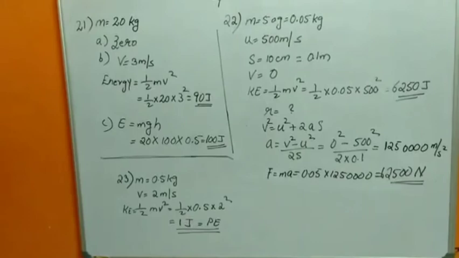Next question, number 21. How much energy is gained by a box of mass 20 kilogram? Mass is given, 20 kg, when a man carrying the box waits for 5 minutes for the bus. So a person is standing at the bus stop carrying a box of 20 kg for 5 minutes. You are asked to find how much energy is spent.